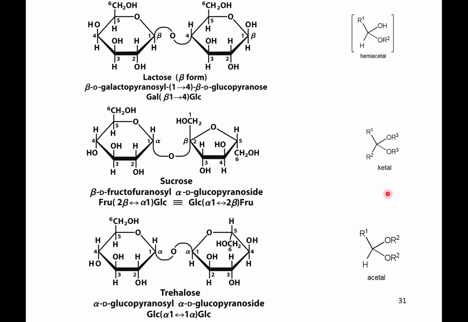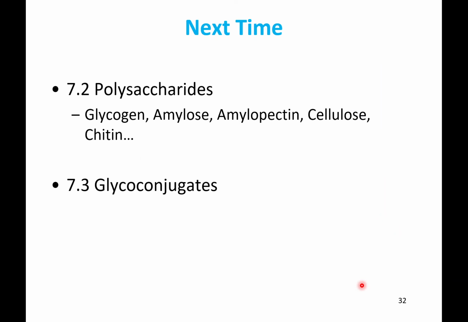That would be a ketal form, right? That's non-reducing. And then finally, trehalose, at the glucose at carbon 1, would be OR, OR, R, and H, which is an acetal group. Again, non-reducing. So next time we'll continue on in chapter 7 and get through section 2, talking about